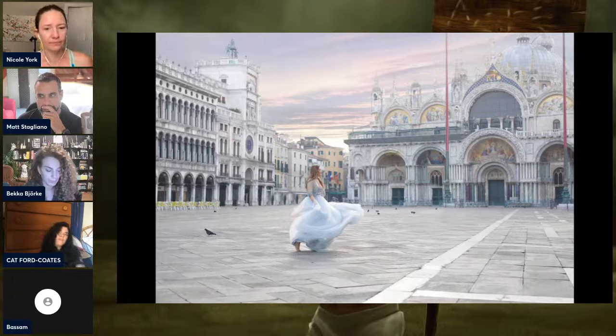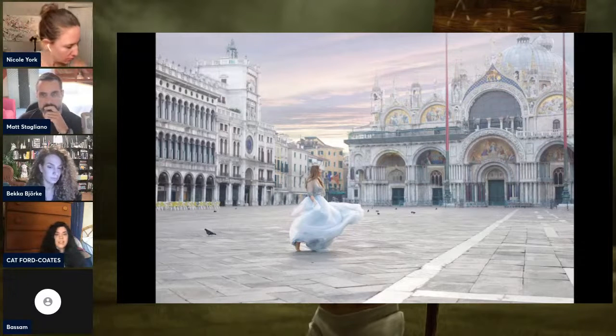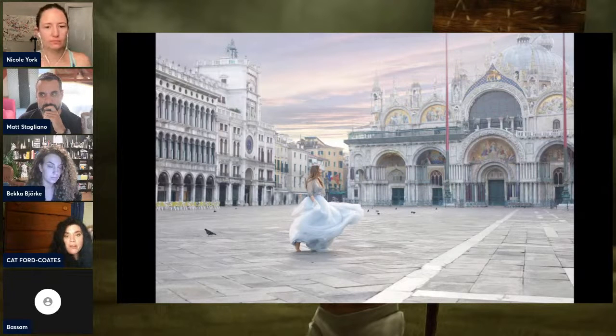I think the biggest piece of the puzzle for this particular location was that there are two different types of St. Mark's Square that you can showcase, right? If you go at 2 p.m., it's flooded with thousands of people. Or you can go at dawn and take out the two people over there by the door, and just have it be about the story of this woman who's alone in this hugely historic place, all by herself, just taking it all in. It's that dream space, right? How epic would this be?